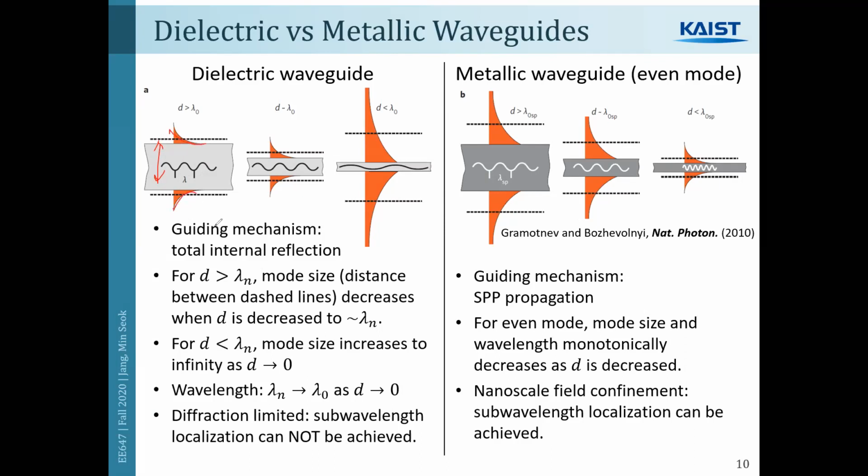right? And let's say the lateral size of the mode, here specified by the dashed line, is very similar to the actual thickness of the waveguide. Now imagine you make this waveguide thinner and thinner. At some point, the field penetration into the cladding becomes larger and larger, and eventually